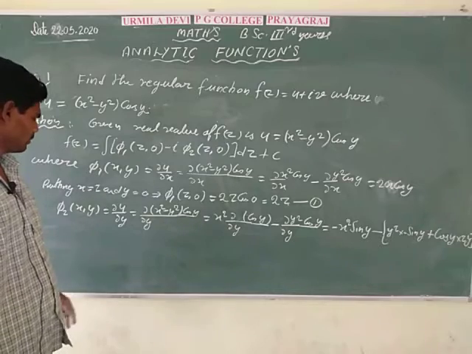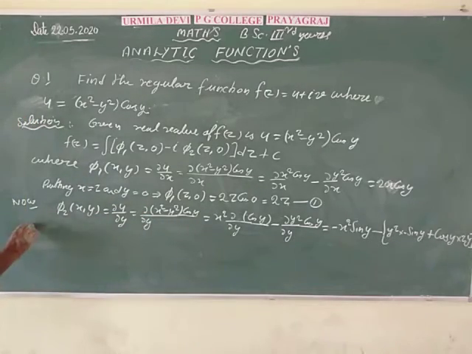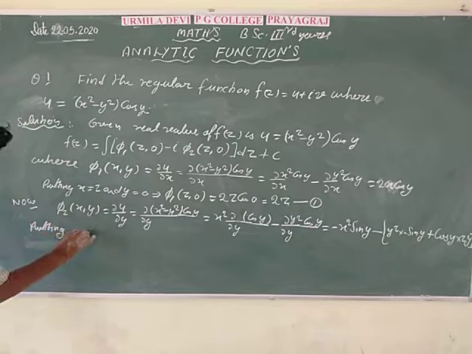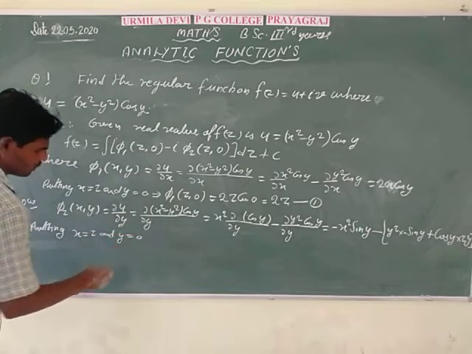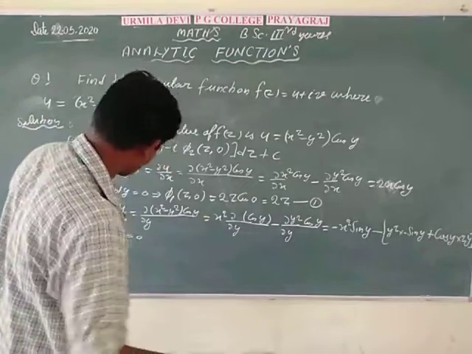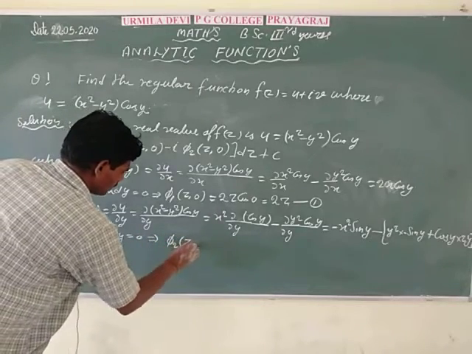So φ2(x, y) is equal to this. Putting x equal to z and y equal to 0, then φ2(z, 0) is equal to,